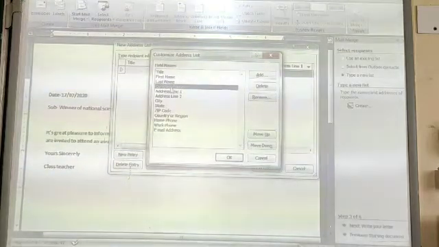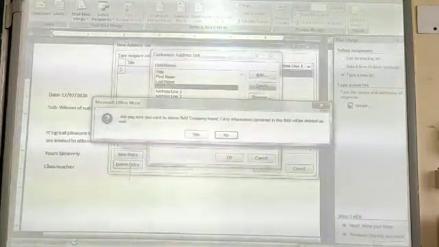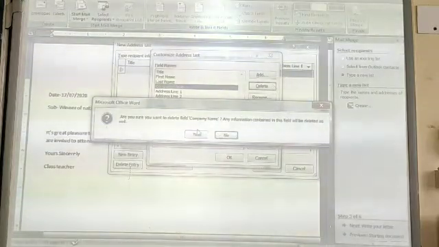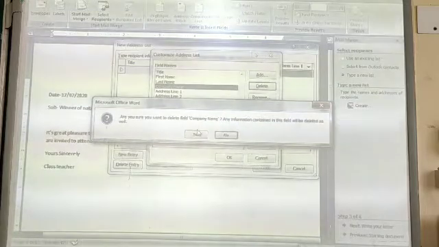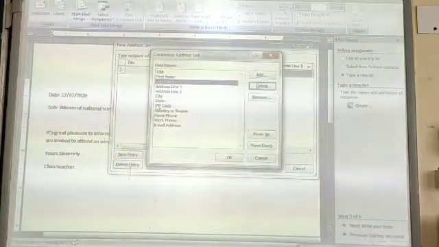So I will select the company name, and on the right hand side there are buttons. I will click on the delete button. It will ask for confirmation whether you are sure to delete the company name. Yes. As I click here, the company name has been deleted.